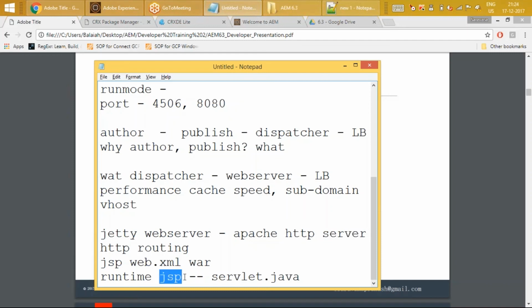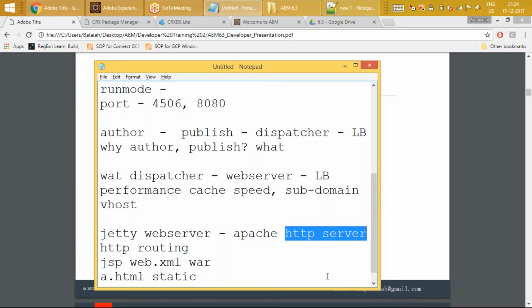An HTTP server does not know how to cook a JSP file into a servlet file. It needs to be a .html, an HTML or an HTL file. It has to be a broken down file, pretty much static in nature. Except there is a little bit of an exception: it supports something called SSI, server side includes. But in the majority of cases, it has to be static, and it knows to return that response. When I place a.html, if it's a static file, no processing, my HTTP server will return that response back to me.